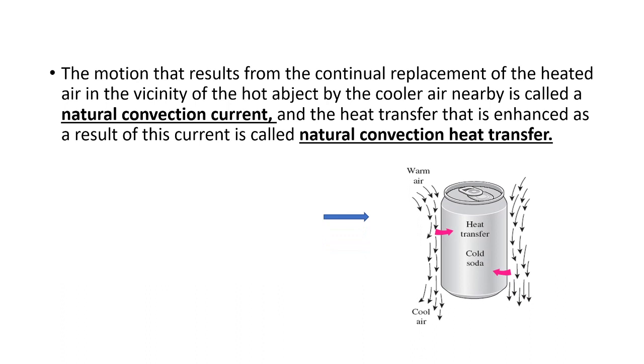We have to take note that in the absence of natural convection current, heat transfer from the egg to the surrounding air would be by conduction only, and the rate of heat transfer from the egg would be much lower. So this is just the reverse case. If we place a cold bottle in surrounding air, then the same phenomenon we are discussing in terms of the hot egg happens in the reverse direction with a cold object in hot air.